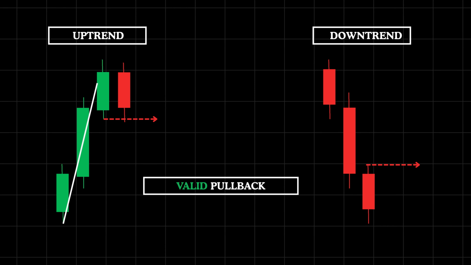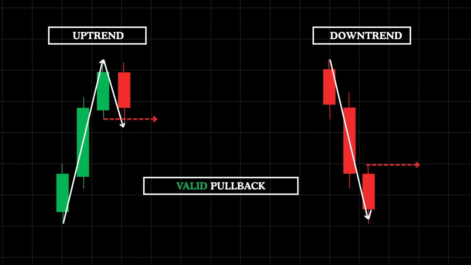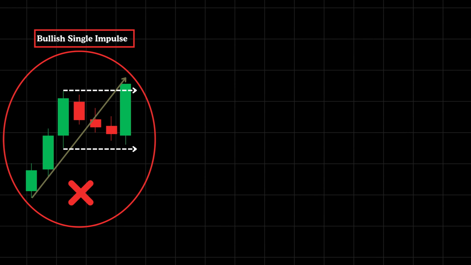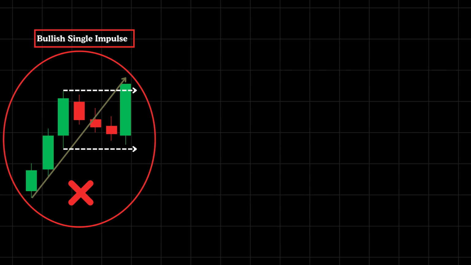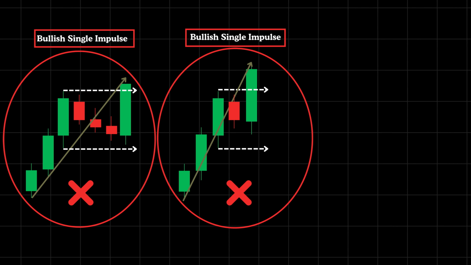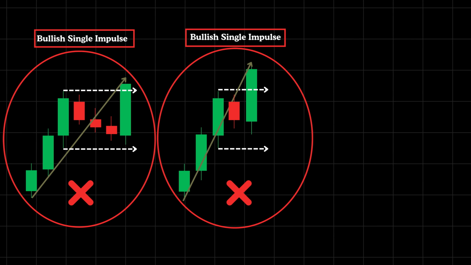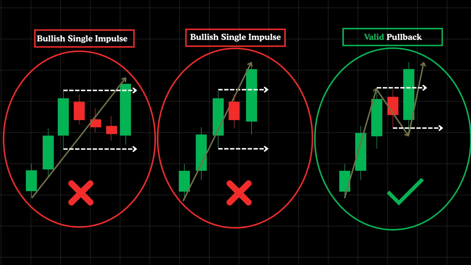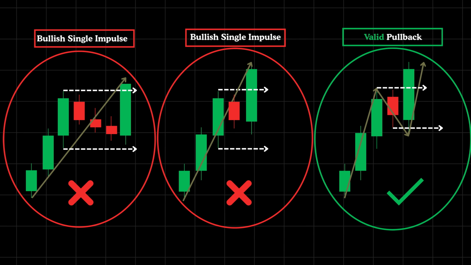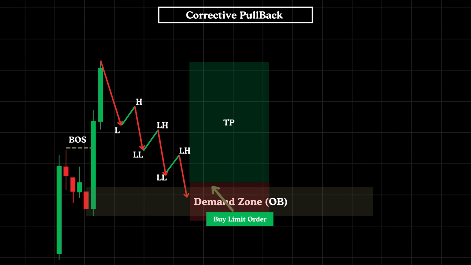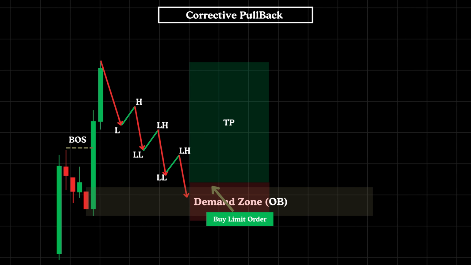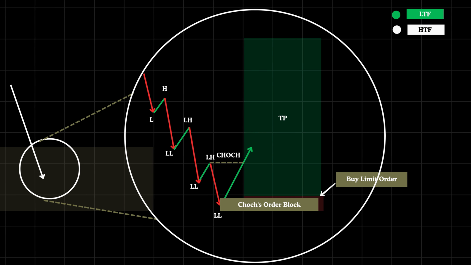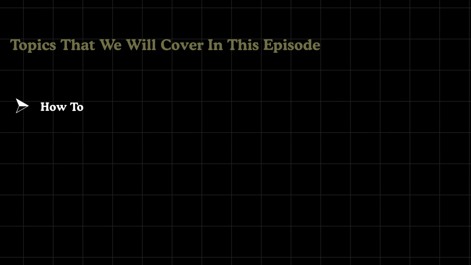Spotting a legitimate pullback remains one of the toughest and most essential parts of market structure analysis that every trader must master. Developing the ability to detect valid pullbacks empowers you to pinpoint genuine order blocks and inducement areas within the market, keeping you clear of common pitfalls. In today's advanced session, we'll be exploring different types of pullbacks, trading tactics, and the price behaviors linked to these pullbacks that you're likely to see in the charts. But that's not all. We'll also outline the specific guidelines and filters that make a pullback setup qualify as a